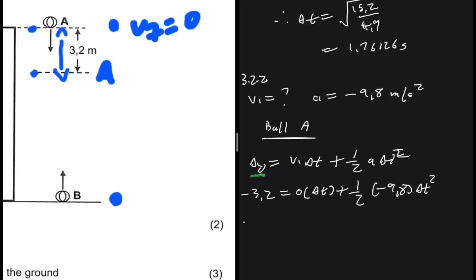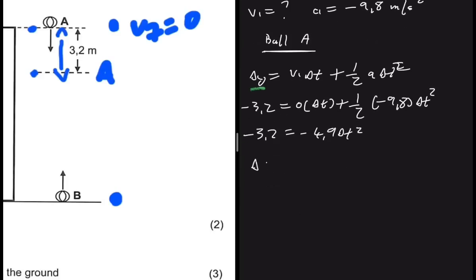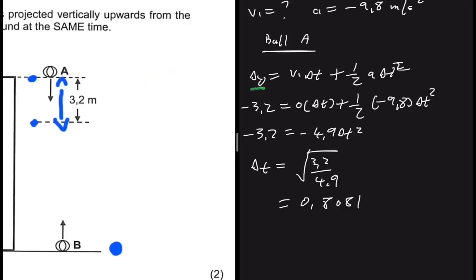Right, so we're going to have minus 3.2 equals minus 4.9 delta t squared. If we make delta t the subject of the formula, we're going to get 3.2 divided by 4.9. We know that minus and minus are going to cancel out, right? And our time will be 0.8081. So the time for this part of the motion, from this point to this point, is